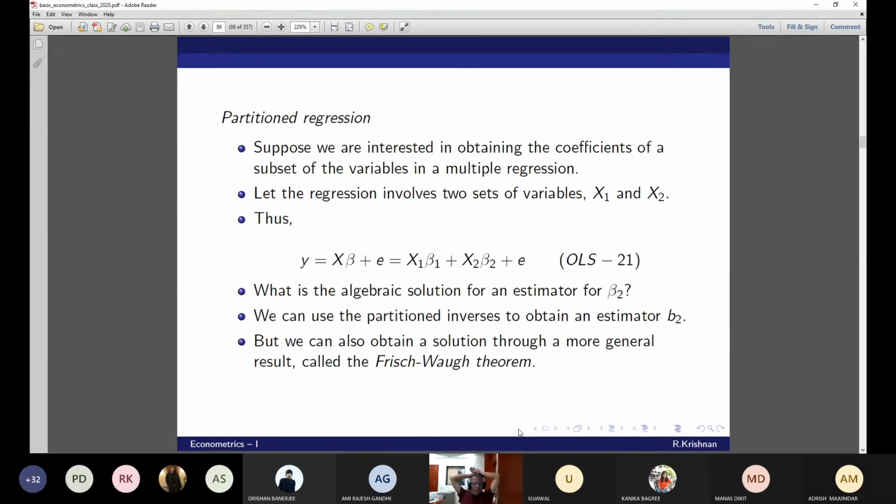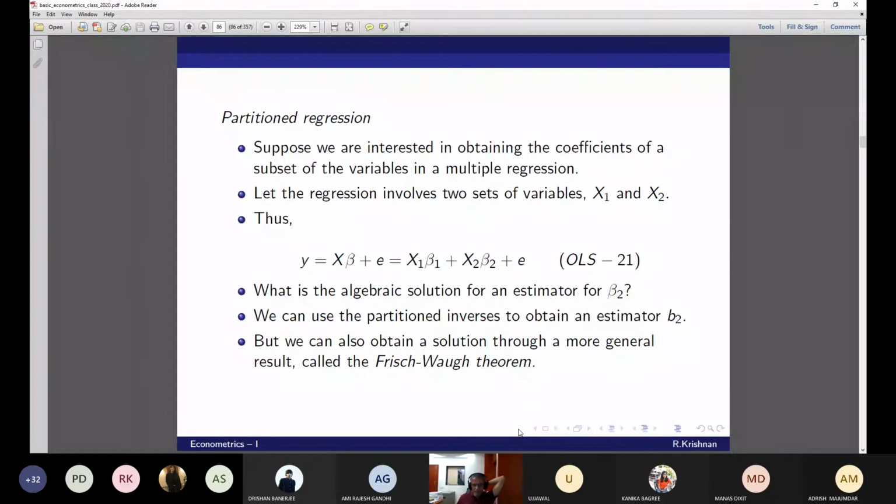Now we'll see what's called a partitioned regression. This partitioned regression is going to lead us to a very important theorem, which is called the Frisch-Waugh theorem. You'll be very surprised to know that this was, in my estimation, the first theorem in econometrics, and it was published way back in 1933. It was put on a firmer footing by Lovell 30 years later in '63. But it's always called the Frisch-Waugh theorem, and it was published in the very first issue of Econometrica way back in 1933. But the usefulness of the theorem is just amazing.